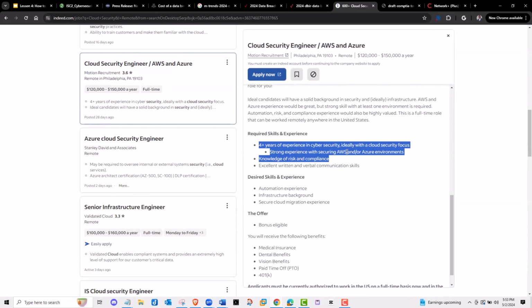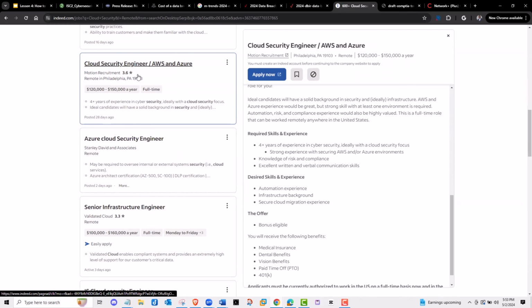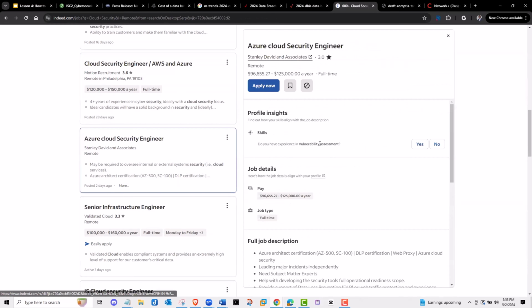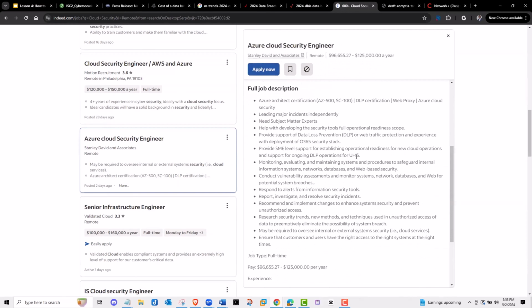You look at the skills that they're looking for. It looks like they're looking for AWS and Azure. And these are cloud security, which pays a lot of money. So don't keep an eye on the money. You're like, oh, that's exactly why I'm coming here, for the money. Look at this one. This one is really, really straightforward. It looks like it's really not that bad at all. Azure Architect certification. I'm going to be talking about all those in a minute.